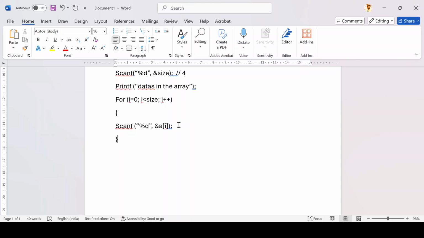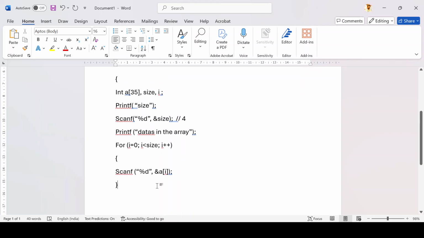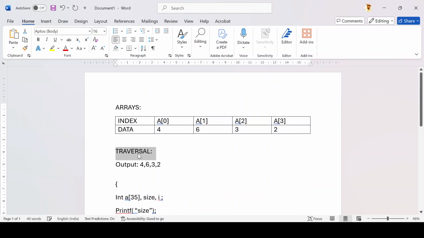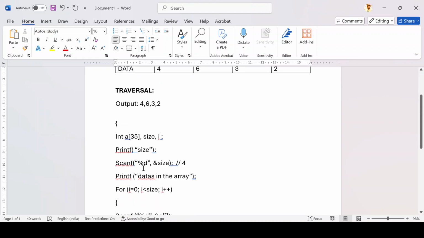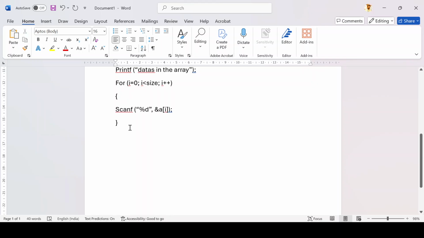So now we have created an array. We have created an array by using this program. Now we are doing an operation called traversal. For the traversal operation, we should visit all the memory locations, and then we should show the data on the output side. So this output should be shown on the output side. So for that, what we will do once again,